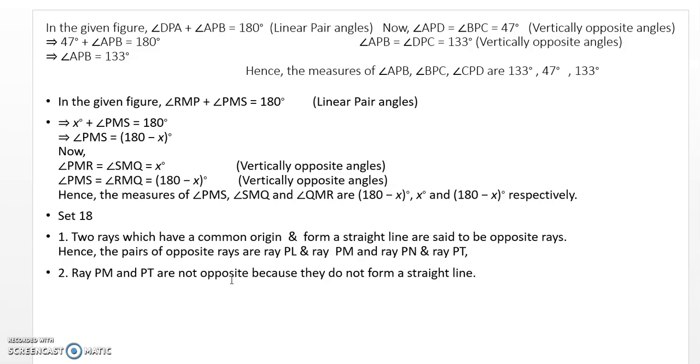Students, till here, that is Set 18 and Set 19, till Set 20 you will be completing, as well as writing the property of vertically opposite angles. It is given on page number 30. That is also given, so you will be writing it in your notebook.